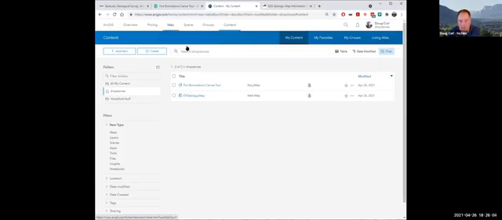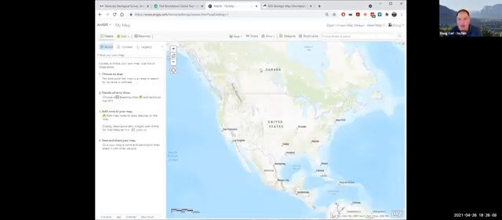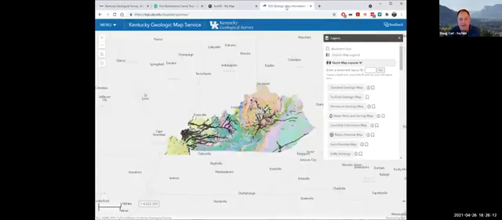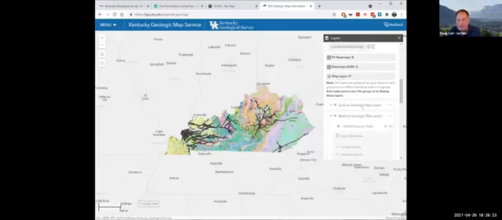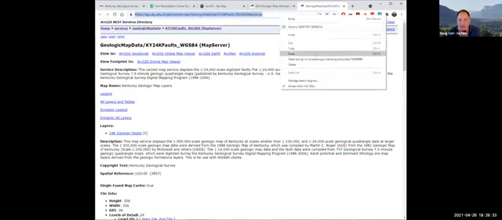I know I'm probably running out of time, so I don't want to belabor this, but basically I can create a map using information from the Geologic Map Service. So I can jump to the Geologic Map Service. This is our map service, by the way, that has a bunch of our layers in it. And what we've done is provide the layer information for the layers that are displayed here. And so I'm going to use faults. This is the layer information for this.